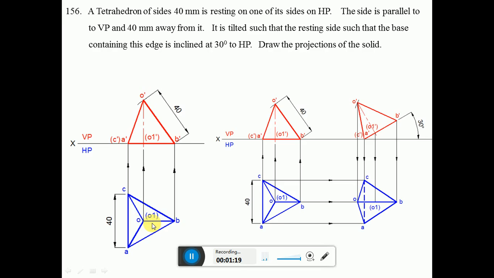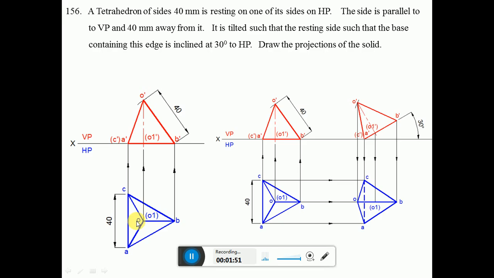So since we have AB, BC and AC, these are the 3 sides, then the 4th side will be OB or OA or OC. Suppose if you take this as a center, if you draw a circle passing through ABC vertices, then it forms a circle. So then naturally OA will be equal to OB, which is equal to OC, which will become the 4th side.